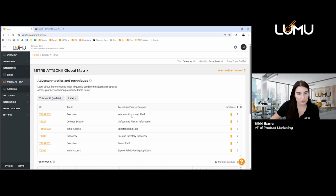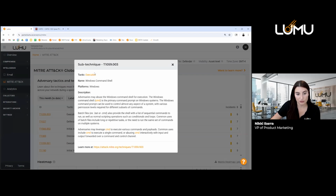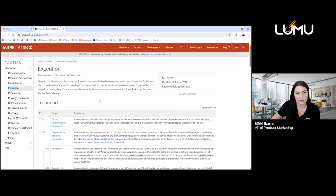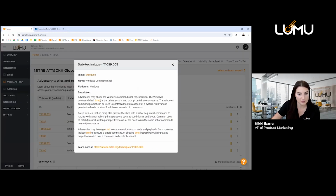So people like to use this as a way to understand maybe there are some gaps that we can fill or things that we can address proactively to prevent this from happening further. So all of the tactics and techniques are linked here so you can understand further. It's also going to be linked to MITRE ATT&CK. And I think that's one of the great things about the Lumu portal, that everything is easy to understand. Everything's linked. So if you do want to be proactive from a SecOps perspective, bettering your security controls and having things adjusted according to how you're being attacked, I think that makes a lot of sense, and that's something that's